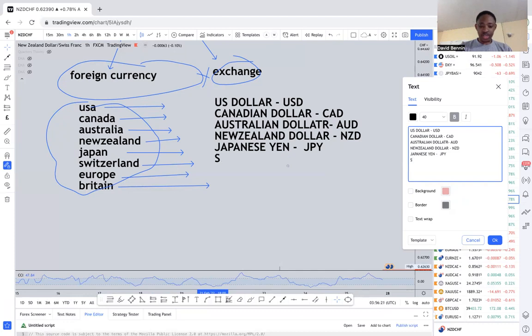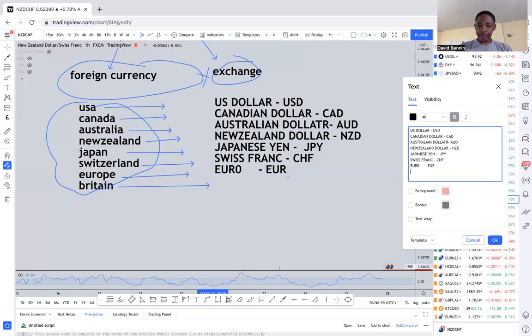They spend the Swiss franc, which is represented as CHF. And then we have Europe. Europe is all the European countries. They all spend one currency. The European countries like Norway, Poland, Germany and all the other European countries spend the euro, and this is represented by